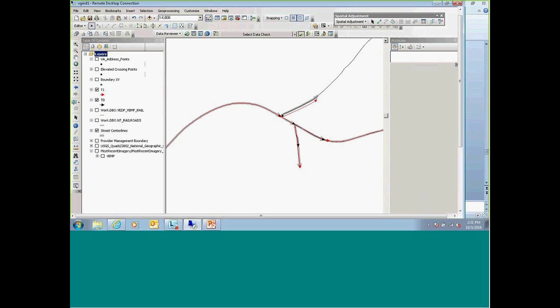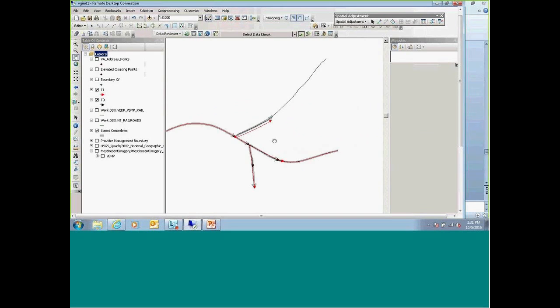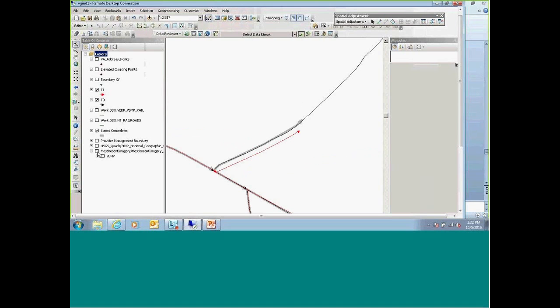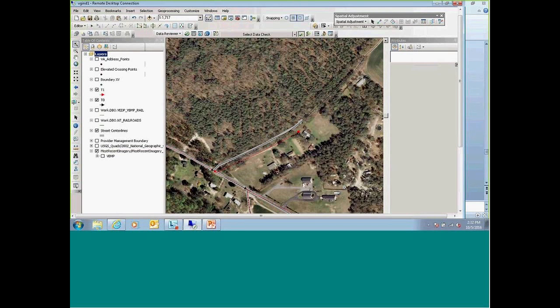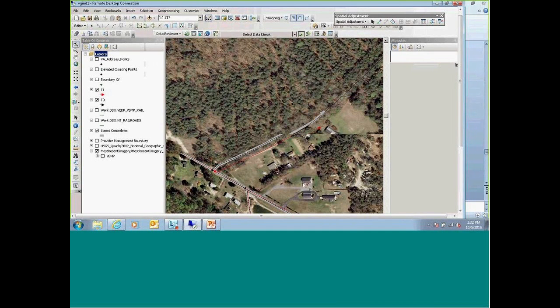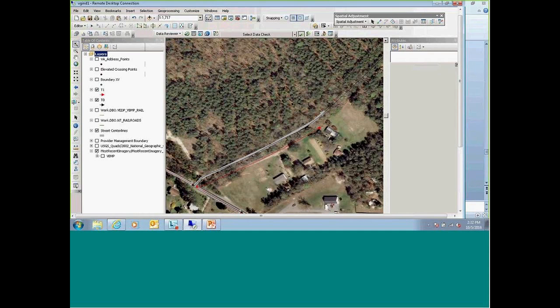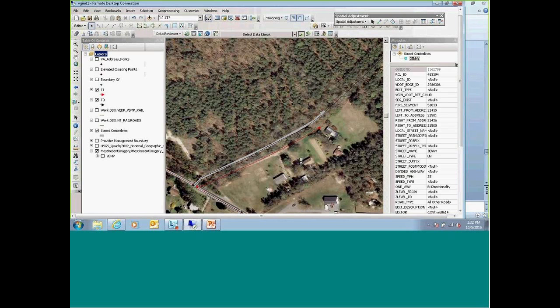Another one is a segment. They made some adjustments to the different roads. They had it, and it's also been moved. They've moved it over. Again, you want to take a look at the aerials, and that clearly looks like a legit move. So that needs to be adjusted within the RCL, and also to make sure that the address range doesn't change. Okay, they've kept the range the same.